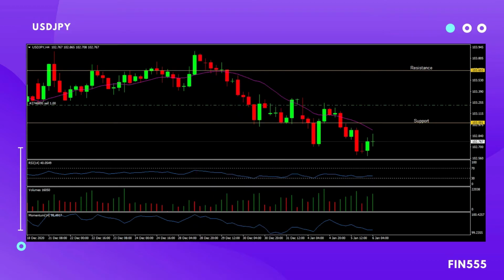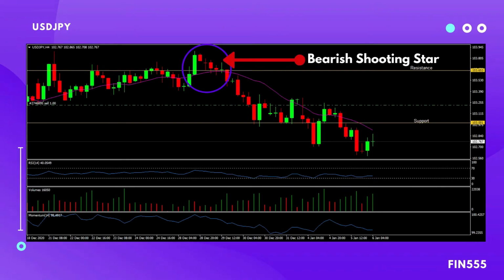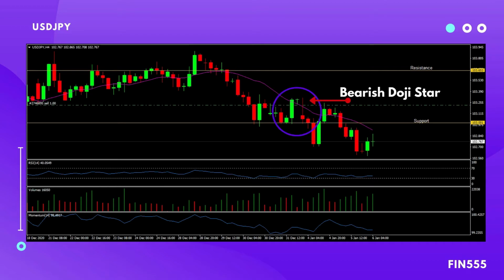Looking at the first primary indicator, the candlestick. The first reversal trend happened on 28th December when a doji appeared after a bear candle on the same day. A pattern of bearish shooting star appeared, marking a confirmation of reversal from bull to bear market. Bearish doji star appeared on 31st December when the chart analysis was done, and 4th January 2021 was the execution day for us to trade.